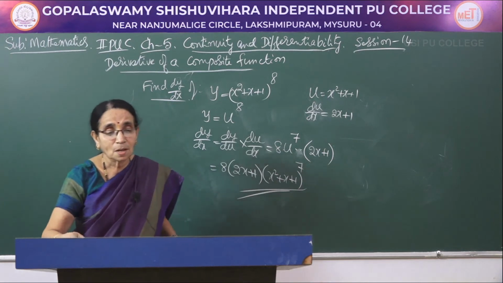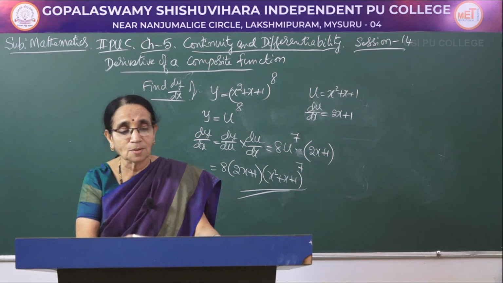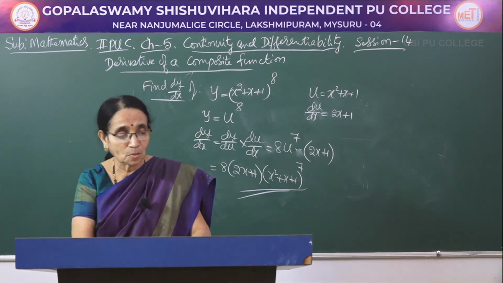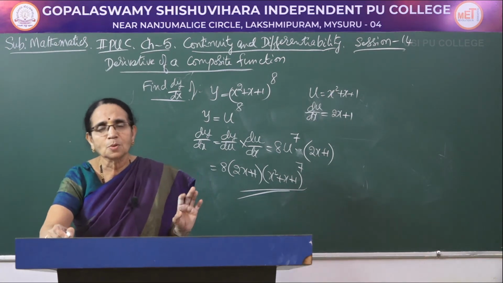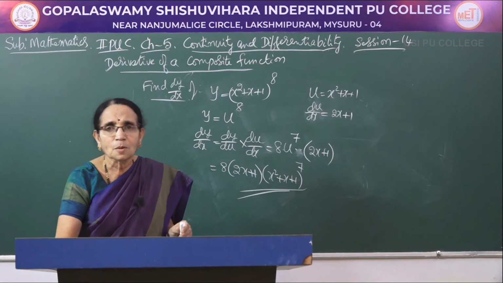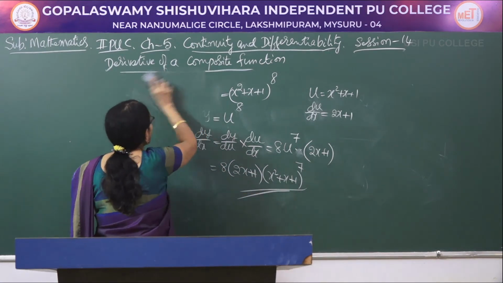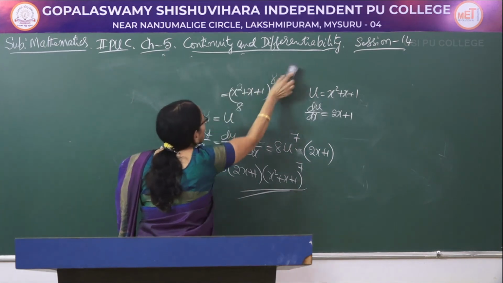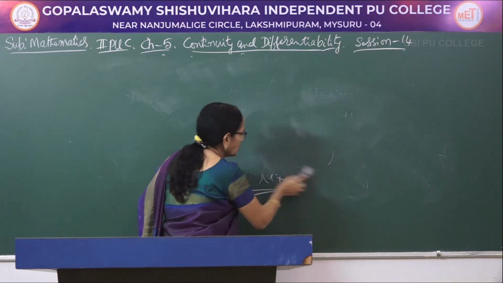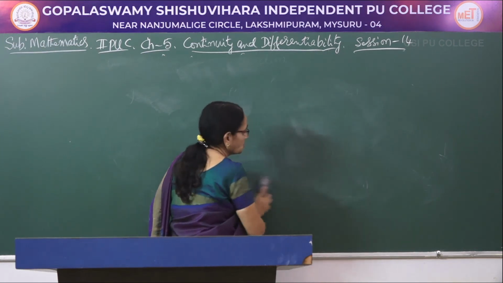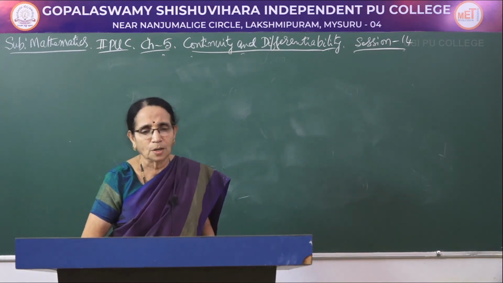So this composite function is very important. When I say important, don't think only that this particular problem would be asked in the examination. Because in second year PUC, all the functions that will be considered will not be simple functions. All of them would be composite functions. For that purpose I am telling you to understand the chain rule properly, how to find the derivative of a composite function, because all the functions that we will be considering will be a combination of more than one function.